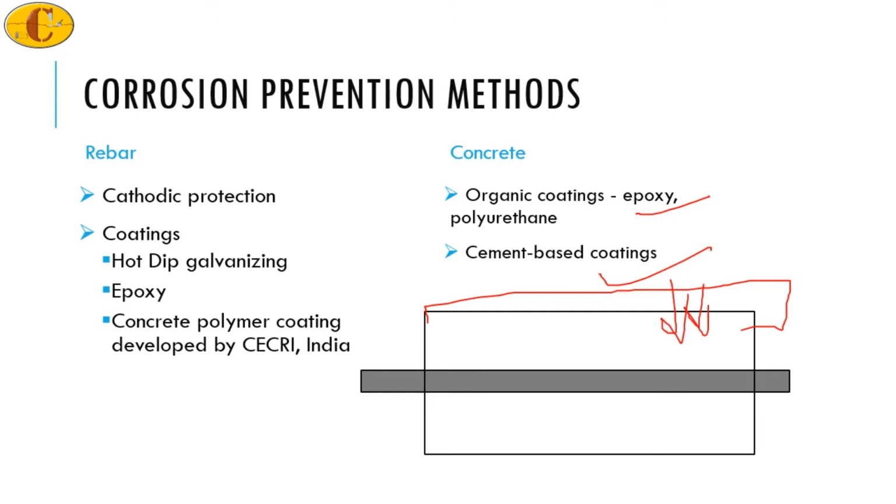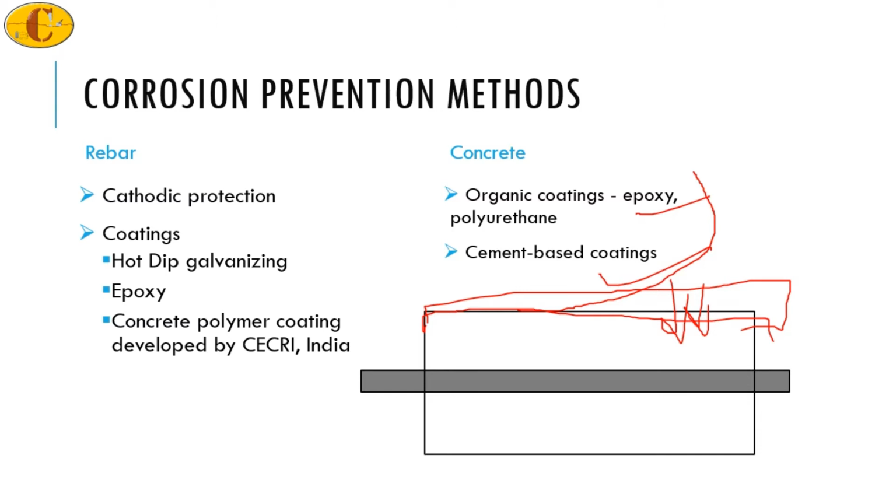Cement based coatings will have a better interaction because they are chemically similar to the concrete. So concrete will mostly have some kind of coating as a barrier, but that may not always act perfectly,